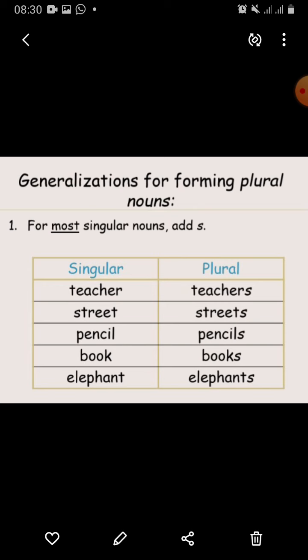Then street, streets. Pencil, pencils. Book, books. Elephant, elephants. We added s to make them plural. Clear?